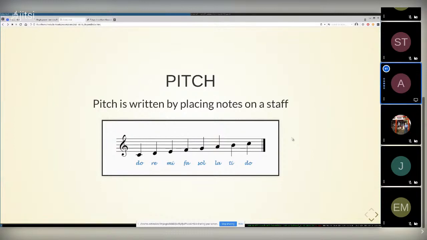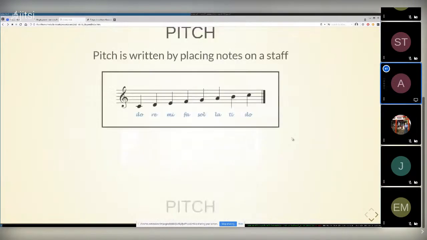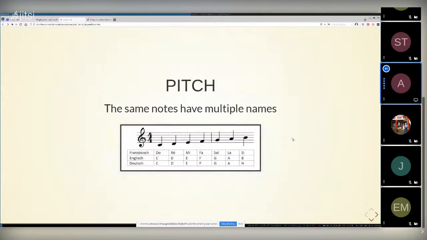But one more thing before we dive into Lilypond is the note naming, which is different in different languages. So the ones over here, I'm sure we all know from the movie The Sound of Music, like Do, Re, Mi, Fa, Sol, La, Ti, Do. But there's other ways to name these same notes, and depending on which language you're using, it's going to be different. And Lilypond actually allows you to use many different languages. You can just write at the top of your text file which one you're using. But by default, it uses these in the middle here. That's the English one: C, D, E, F, G, A, and B.